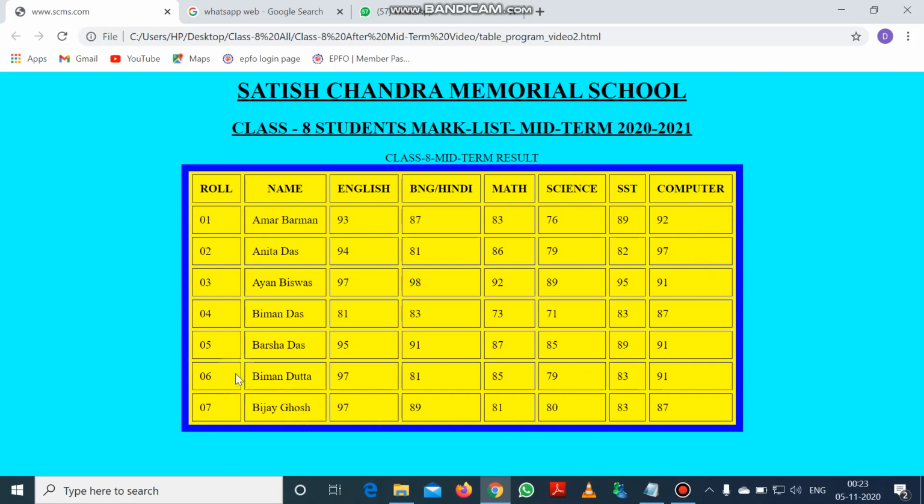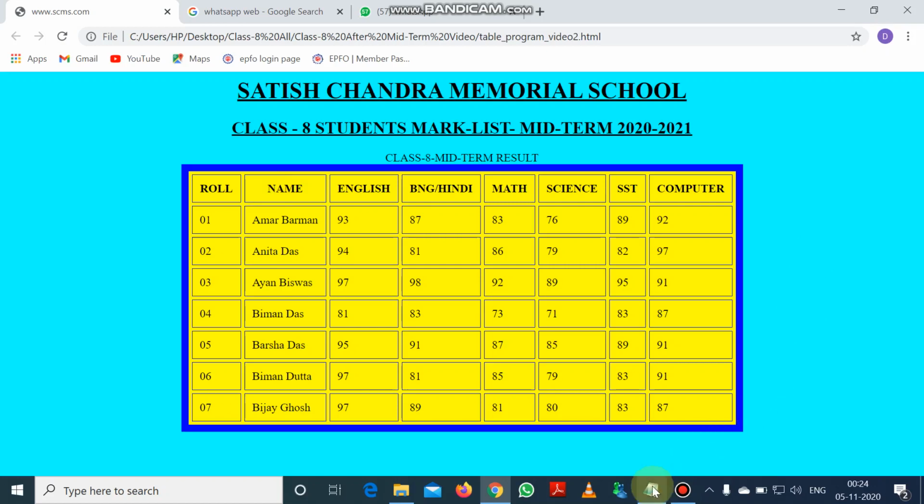So like this we can create a table, and the table can be displayed at the center point of the web page. In this program, students, you remember how we set the cell spacing and cell padding. Cell spacing displays the gap between any two cells, and cell padding specifies the distance between the side of the cell and the word of the cell or data of the cell. Now like this we have created the table.